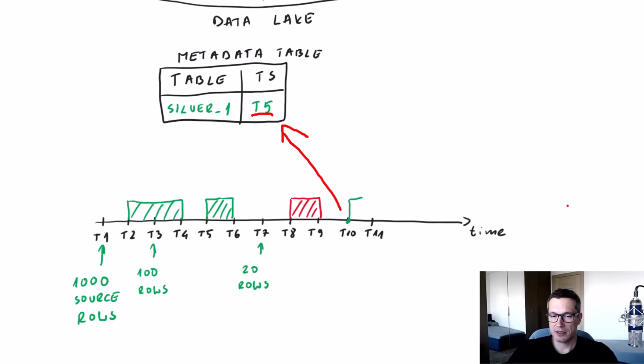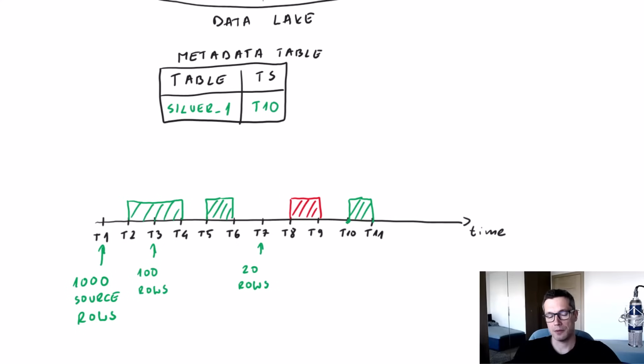And take a look what happens. The process will again try to process those 20 rows that failed the last time, right? But this time, because we fixed the error, everything went fine. And at T11, we can successfully update the timestamp to the start time of this process, which would be T10,